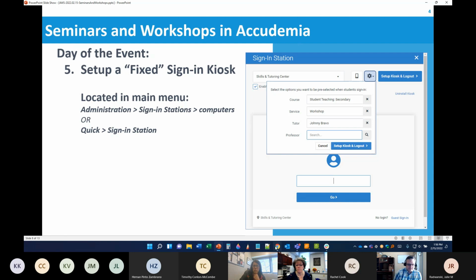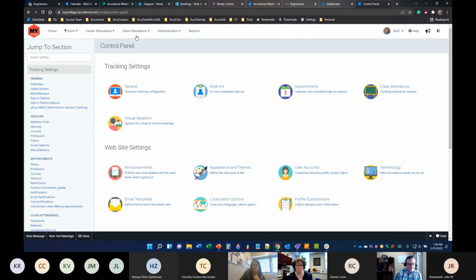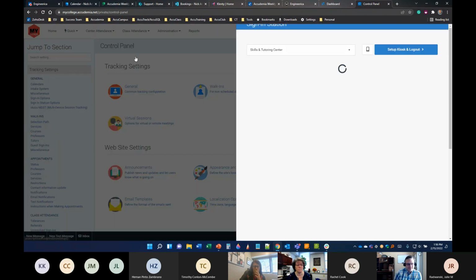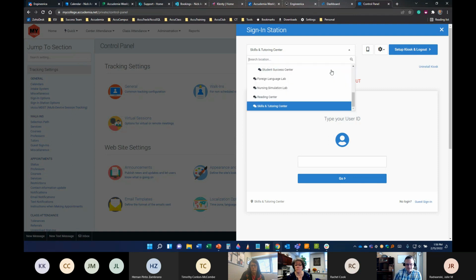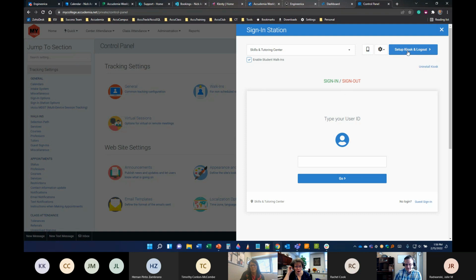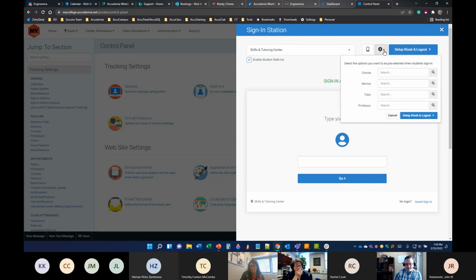So we're going to go ahead and look at setting up a kiosk. And one way is administration, sign-in station computers. The other way is just under your quick menu. You should have a sign-in station option there. If you don't, maybe you're a lower admin, you don't have as many privileges as the main admin, you may have to just talk to them so they can give you the sign-in station permission. But instead of just selecting the center and setting up a normal kiosk, what we're going to do is click on the gear symbol here, and we're going to go ahead and search for